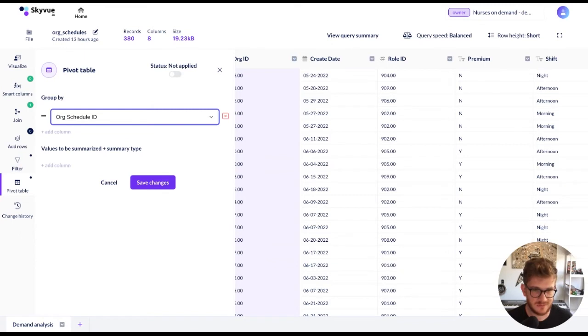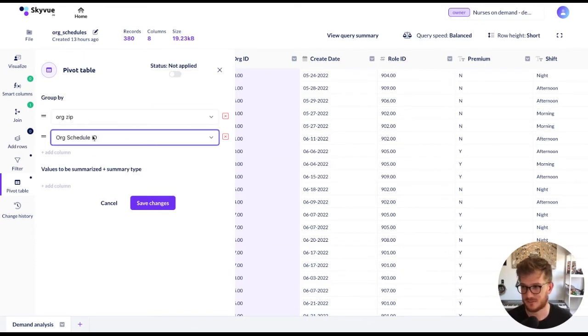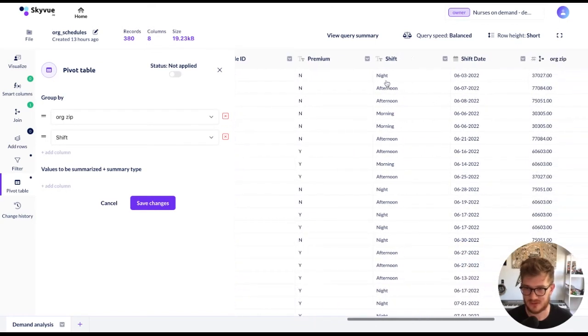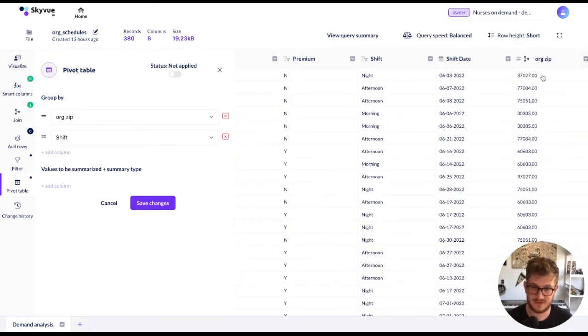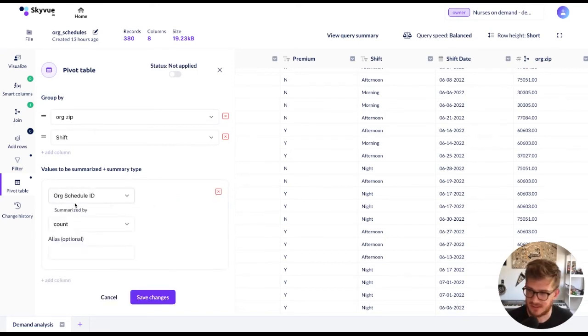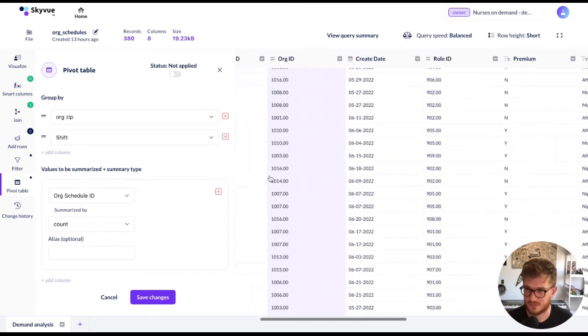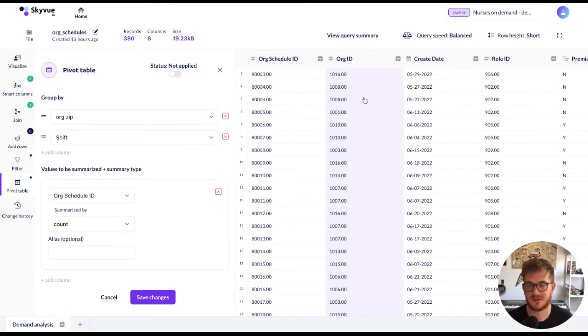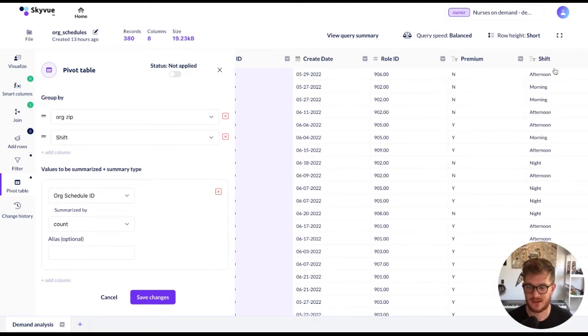And we're going to pivot on the org zip as well as the shift. So this would be grouping by these two distinct columns, wherever there's a combination of the shift and that specific zip code, because we actually want to bifurcate this between morning, afternoon, and evening shifts. And then we're going to just bring in the count of the org schedule IDs. So this is just going to basically give us the number of shifts for that shift and that zip